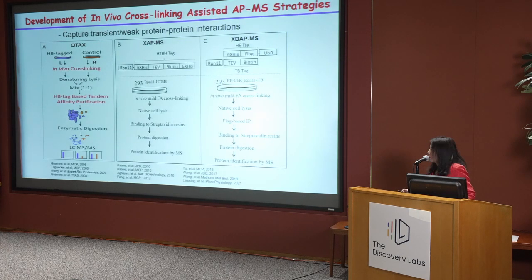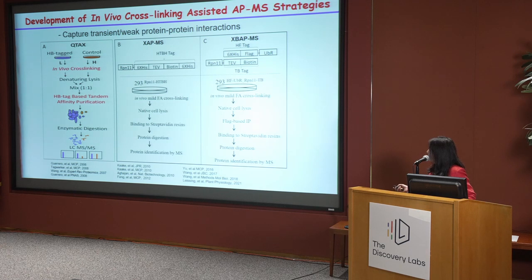So for us, when we first started, we were trying to use cross-linking mass spectrometry to capture transient and weak interactions, especially through the study of the proteasome complexes. At the time, affinity purification mass spectrometry was being used, but it often only captured the stable interactions. So in order to freeze the interaction prior to cell lysis, we incorporated